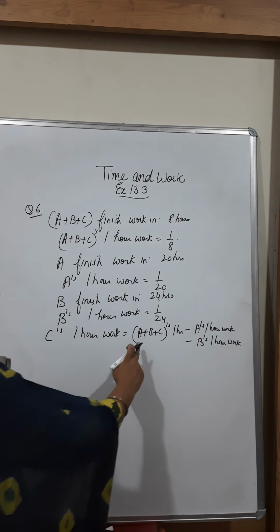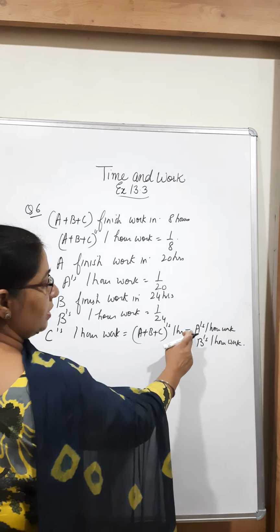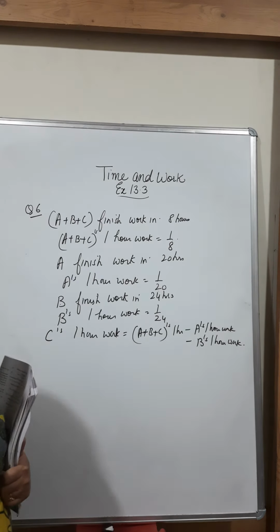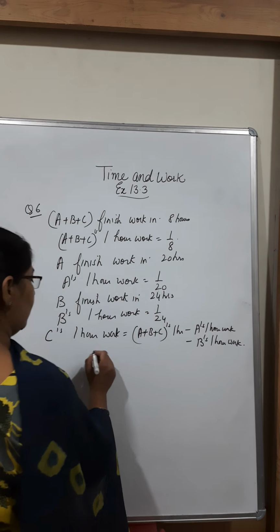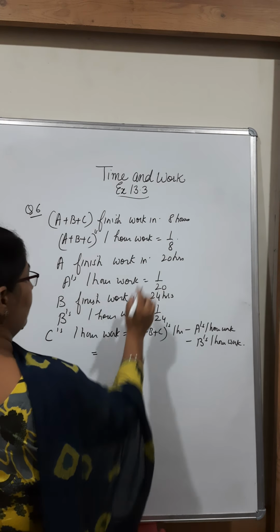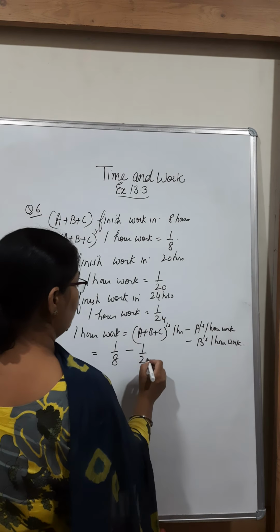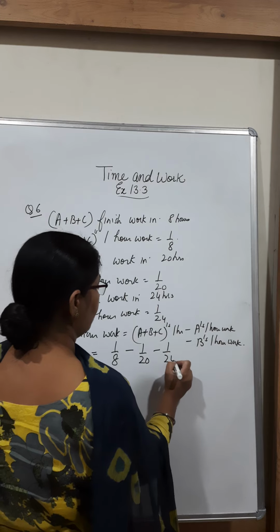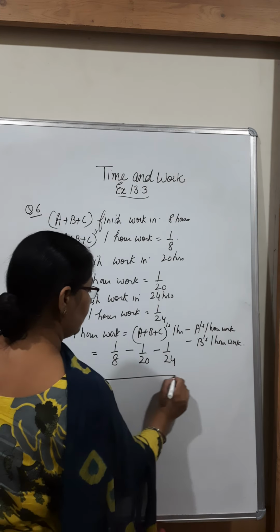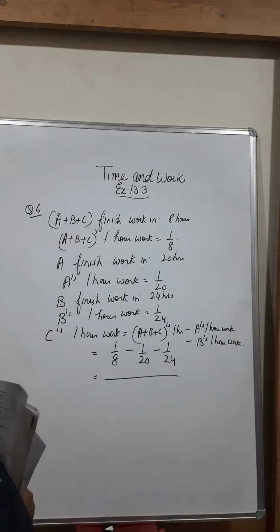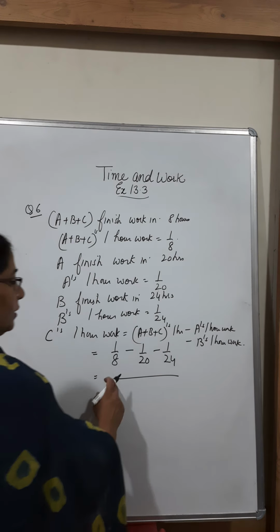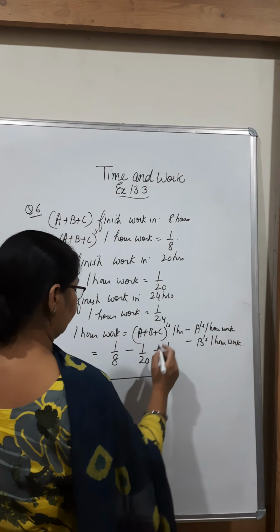ठीक है? A plus B plus C's 1 hour work में से A's 1 hour work और B's 1 hour work को माइनस कर देंगे. So A plus B plus C's 1 hour work is equal to 1 by 8 minus 1 by 20 minus 1 by 24. So let us see what is the LCM. What is the LCM of this? When you take the LCM of this, you will get